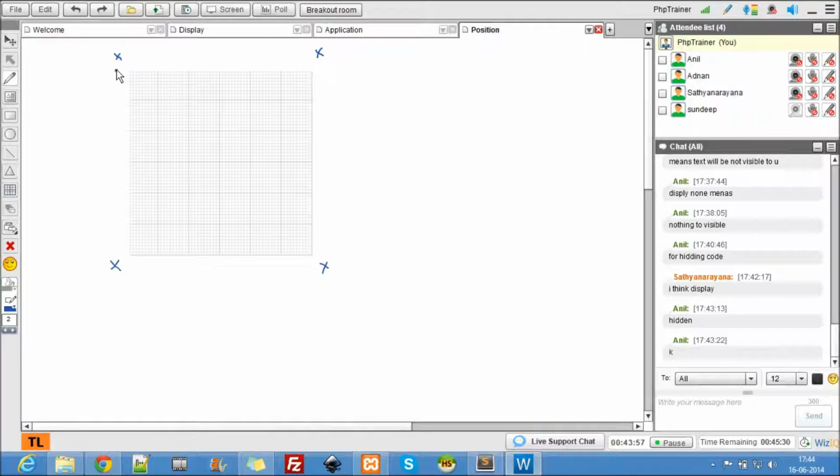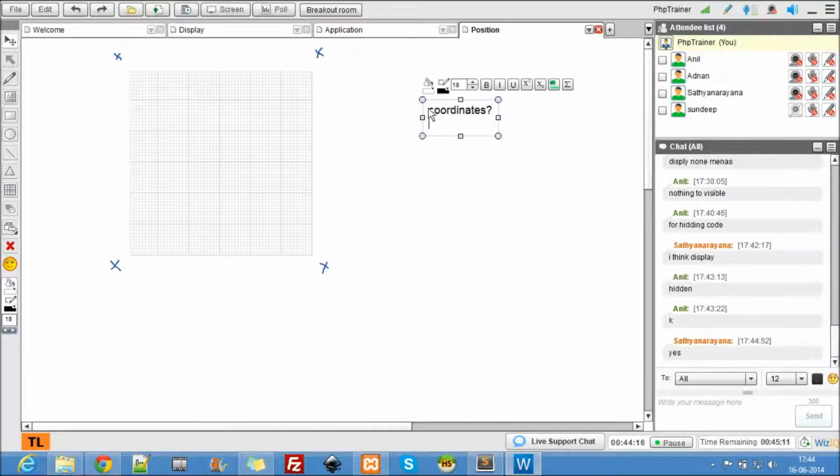So what is the position here? Let's take a graph. What will be the starting position? Yes guys, what is the starting position there? Give me in coordinates. Do you guys know anything about coordinates?